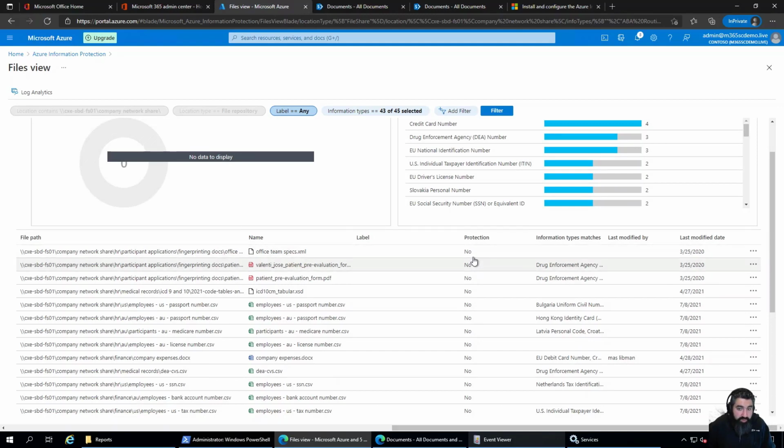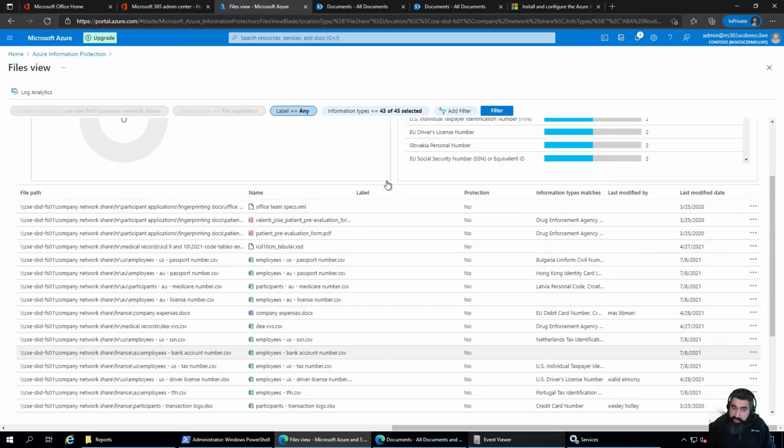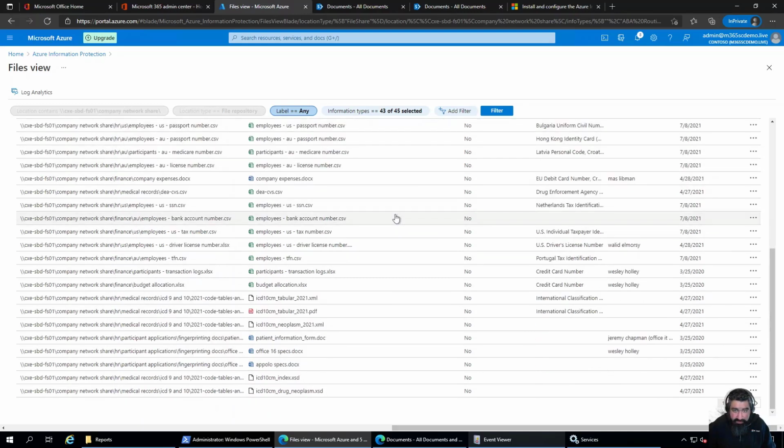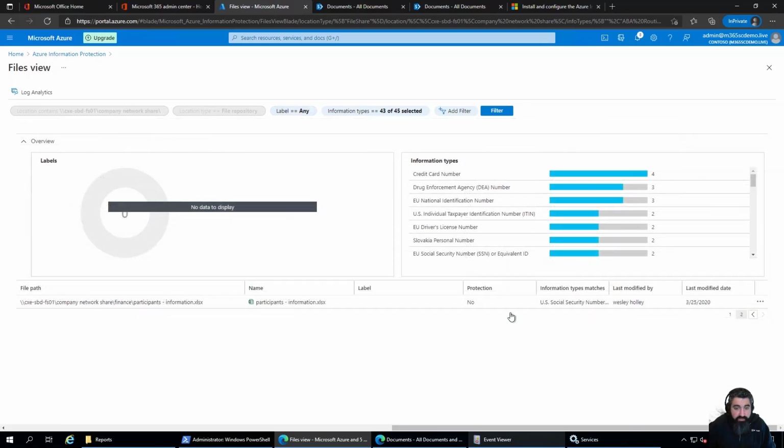Does it have protection or not? Obviously, we didn't have any protection applied at this time. There is no label, as you can see. Now, that will change once we go through our MIP sensitivity labels demos and we start enforcing labels. As we said, this is just a discovery phase. So you've got all the information you might need. So if you try to go back,